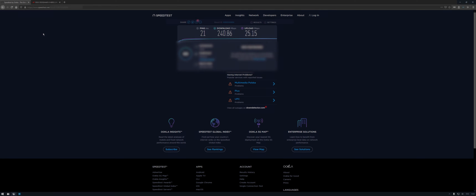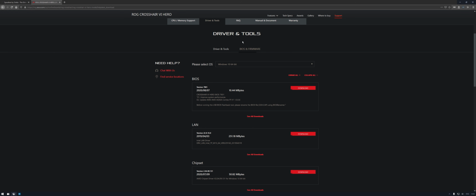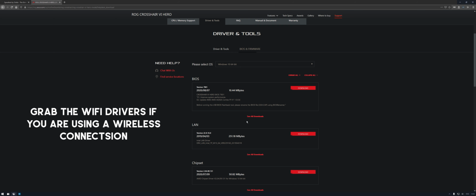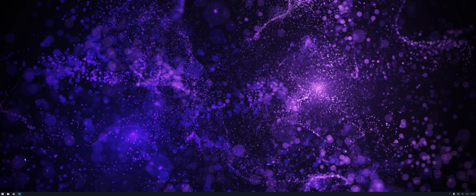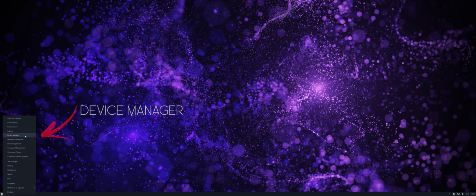So to fix it, you need to head on over to your manufacturer page, so either your motherboard or your computer. Go to the support section, drivers and tools, then download the latest LAN drivers. So once you have those on your computer, go to Start, right click the Start menu, open Device Manager,